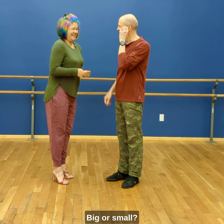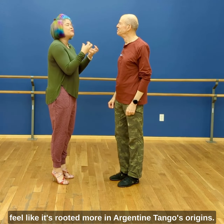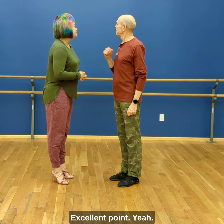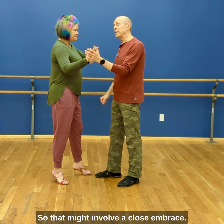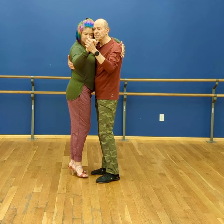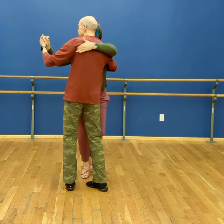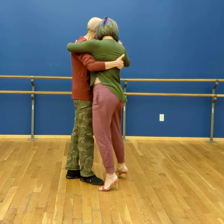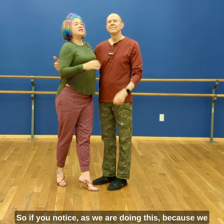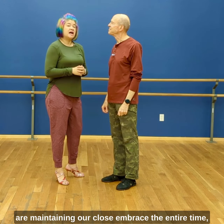Big or small? I like to start on the small end because I feel like it's rooted more in Argentine Tango's origins. Excellent point. So that might involve a close embrace. So if you notice, as we are doing this, because we are maintaining our close embrace the entire time, this